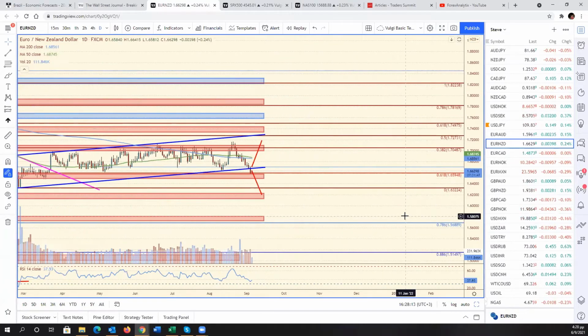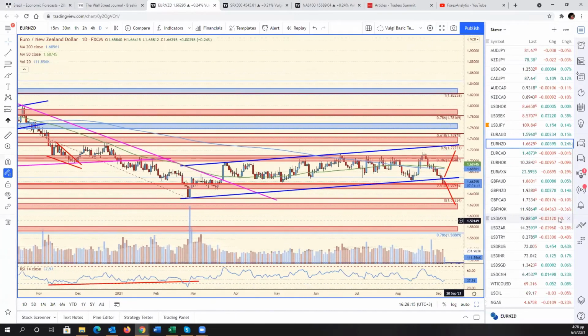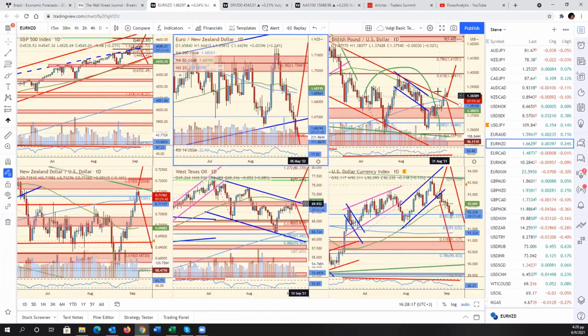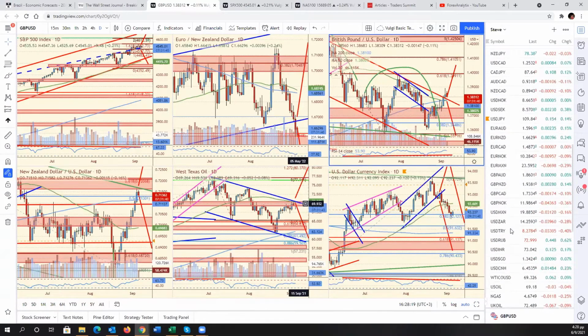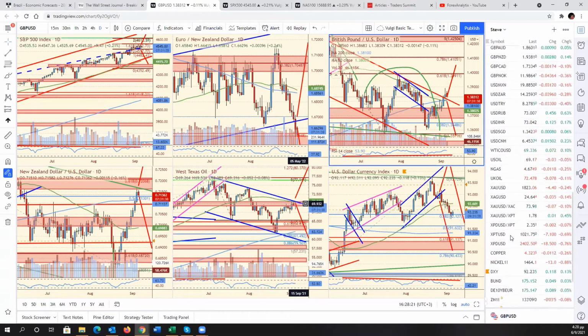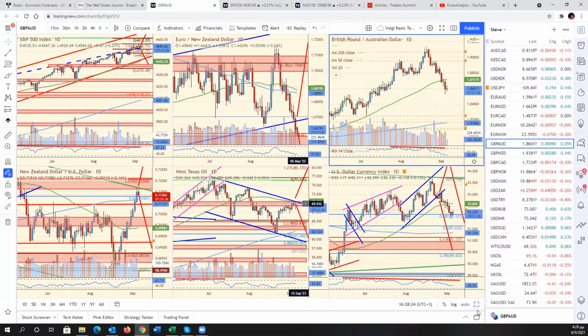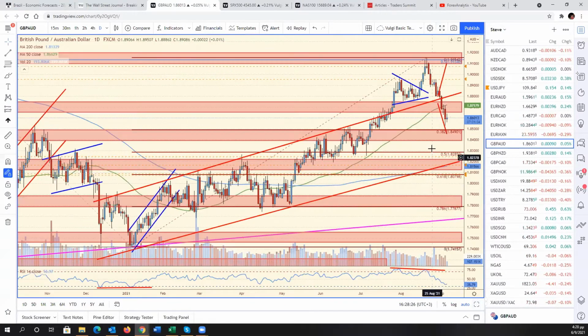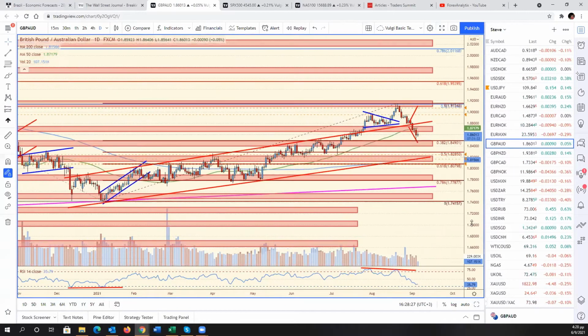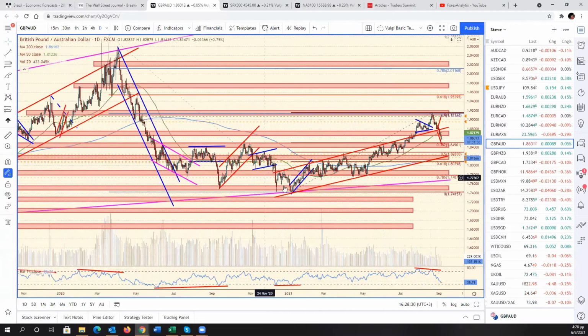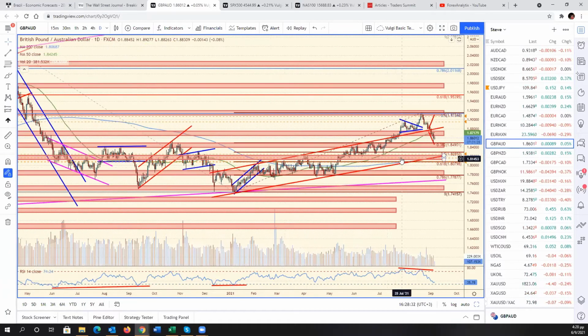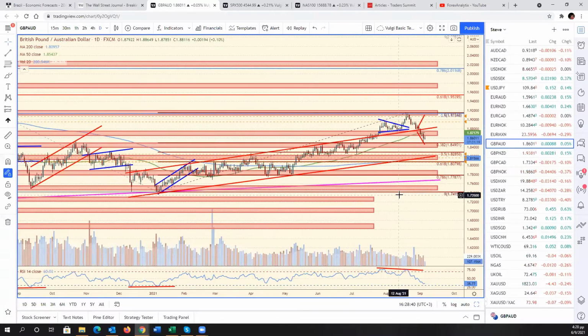So possibly breaking down as we speak. Now, if you look at the equivalent pound crosses, here's the pound Aussie. I had this channel. I'm not going to try to redraw it. We had clearly an overthrow with some clear RSI divergence playing out here, and we're now back within the channel,